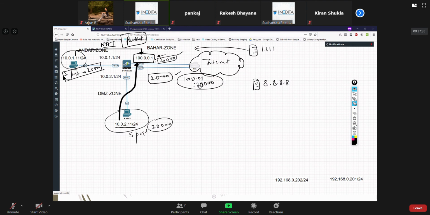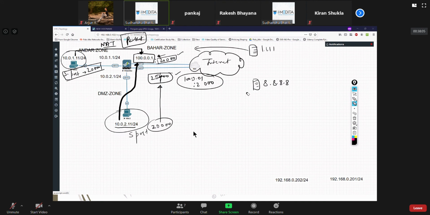This is a universal truth and it is applicable even for Cisco devices or any other router. If two people utilize the same port number, it is going to translate the port as well, from 20,000 to whatever is free, suppose 25,400.